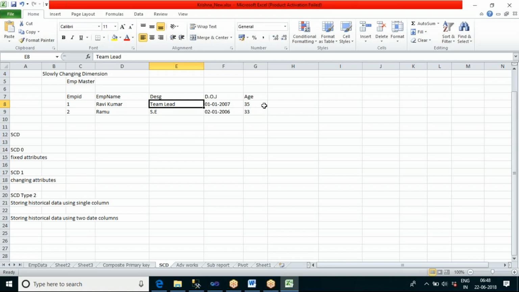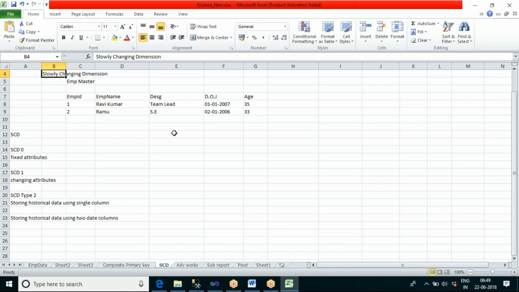His age can change after 1 year, and the date of join never changes. So master table data will change slowly, and that's why it is called slowly changing dimension. Whenever the data changes, that too slowly, we need to maintain the history for these master tables.